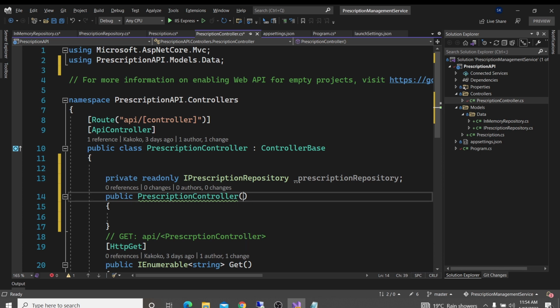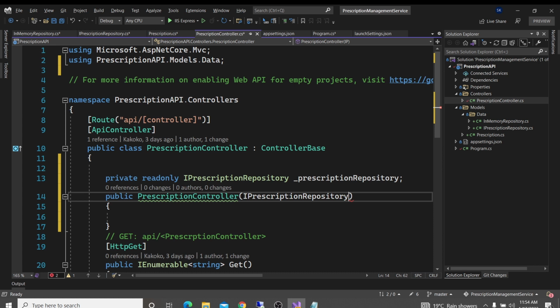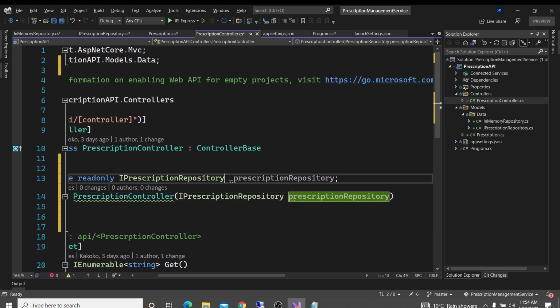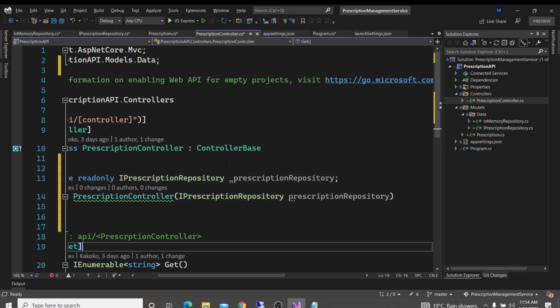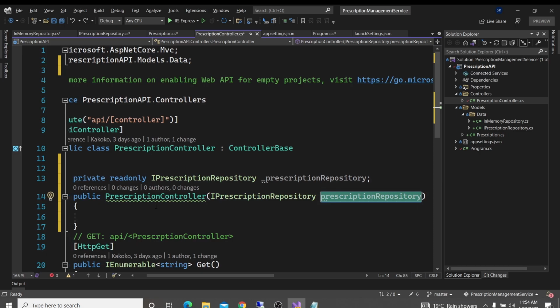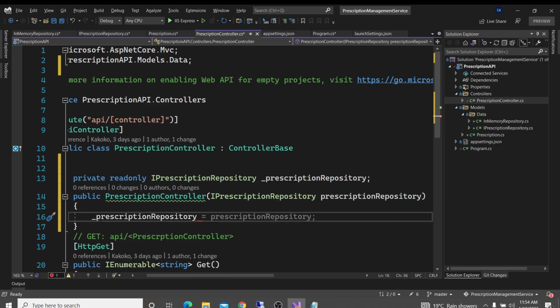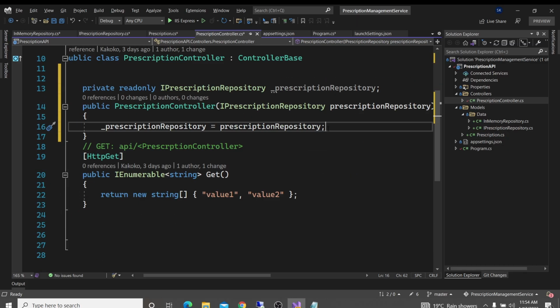So we're going to say prescription repository and prescription repository. Now you see something here. You see that this has an underscore, this has an underscore, this doesn't have an underscore. That's just the pattern in C# we use, and I also did over there, okay? Then here you're going to say, I want my prescription to equal that. So you have newed it up, exactly what we did there. All right. So now this controller has the access,